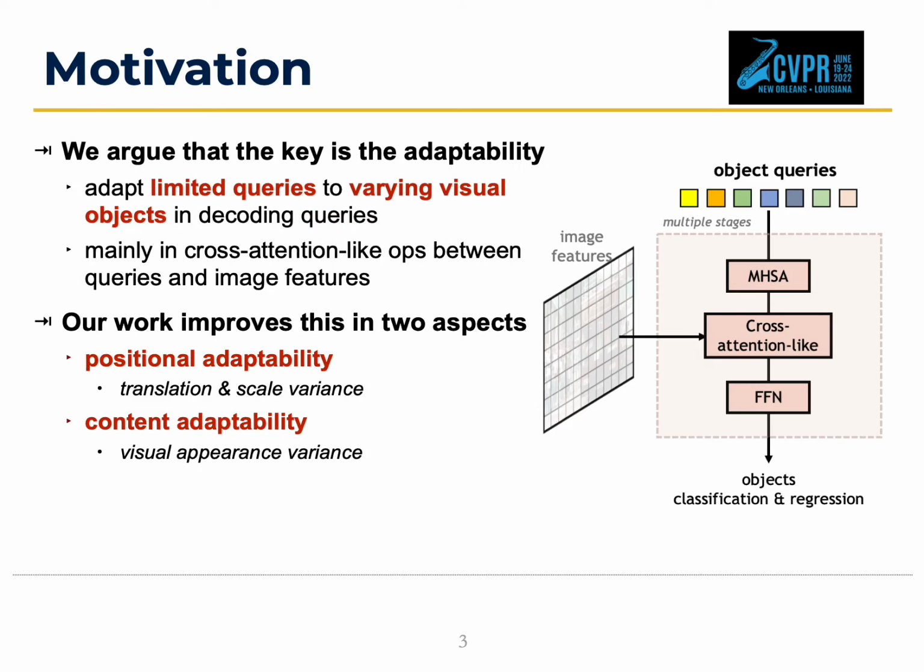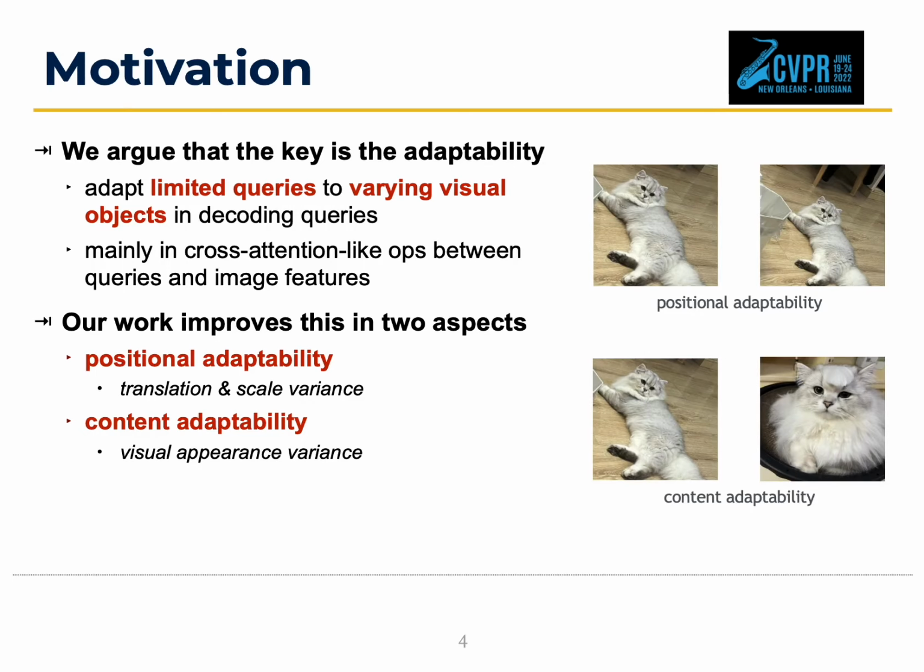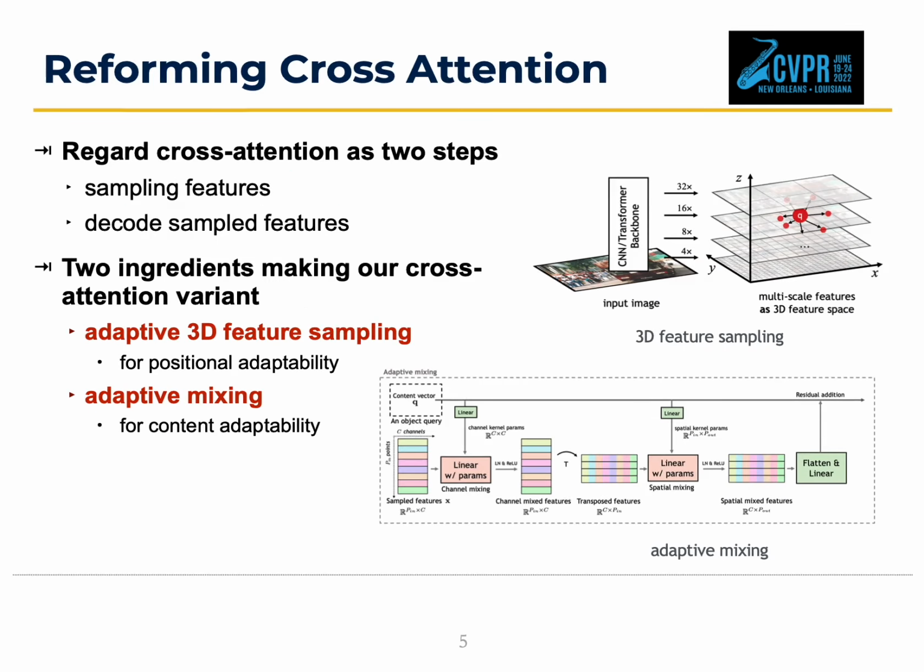In this paper, we argue that the query decoding should be adaptive rather than static regarding input images, since such detectors are required to cast limited queries to potential objects with variations across different images. Our work improves the query decoding adaptability in two aspects, positional and content, for translation and scale variance and appearance variance correspondingly. To begin with, we focus on the cross-attention operator and regard it as two steps: sample